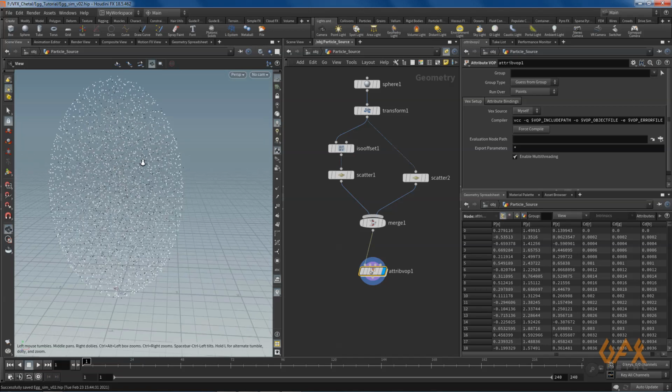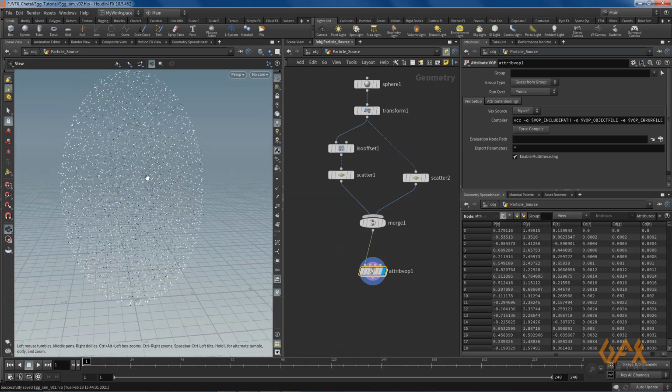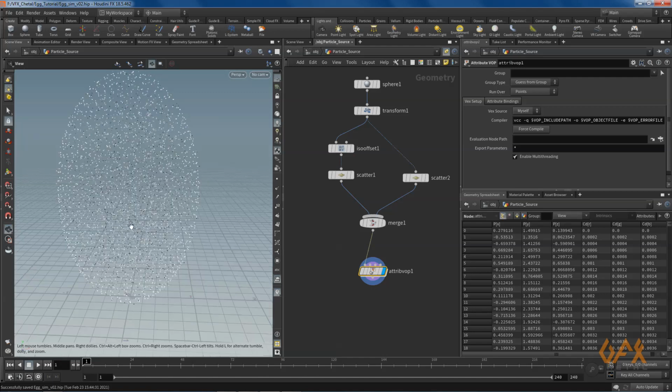So right now my points are scattered, so they are randomly spread, and that's why the index is spread somewhere like 1 2 3 4. So I need to sort that index in a particular manner.